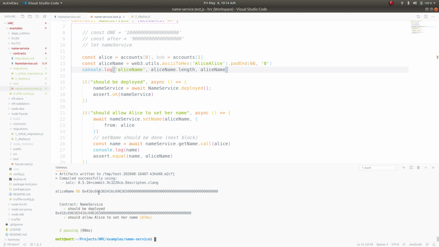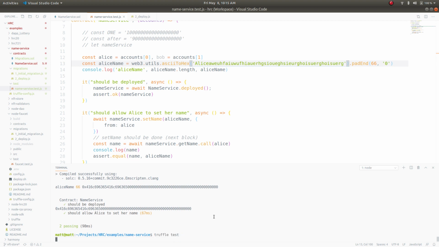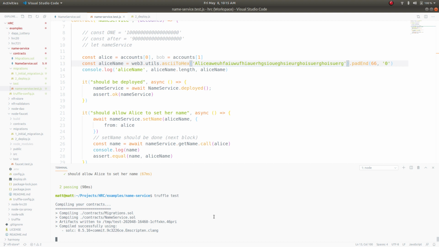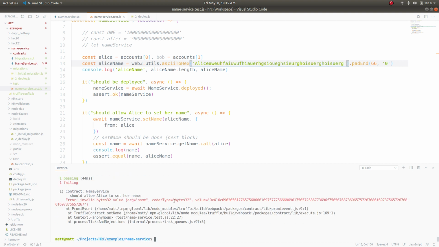That's just nitty gritty Solidity nonsense. I made the name a little longer too, just for fun, to test it. Names should be no longer than 32 characters. Not even sure what happens when we do that, but let's give it a shot. It probably is going to error. It's going to say it's too long or something, like bytes32 value invalid. So it's an invalid bytes32 value because it's bigger than,